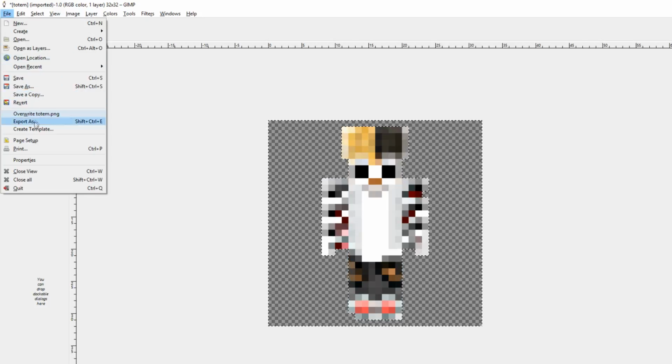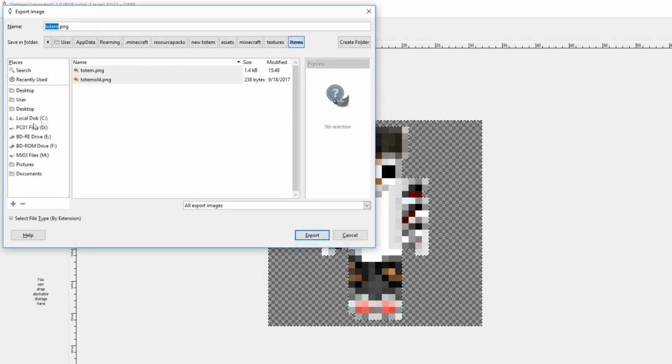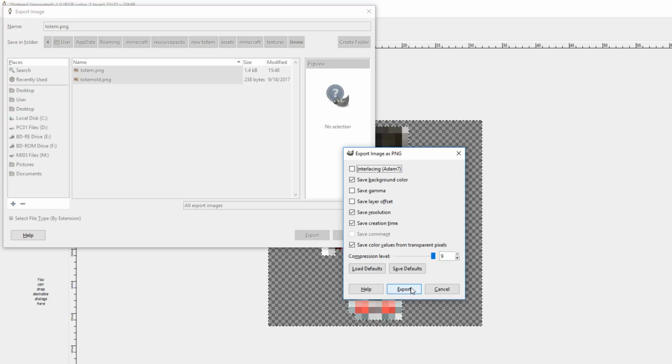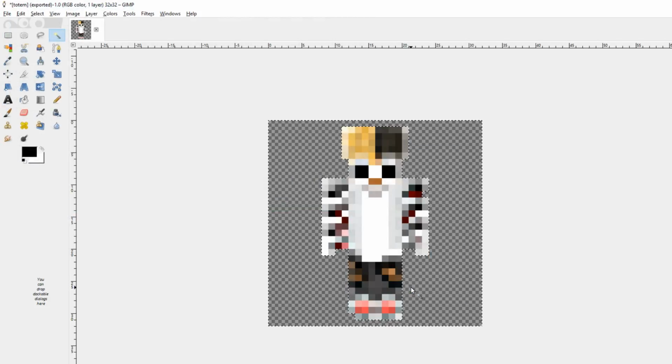You click on File, and you're going to do an Export As. Now you want to make sure that it says totem with the .png. Click Export. And if you already have your totem there, you can go ahead and click Replace, or if it's not there, it'll just go ahead and save. And you just click Export as your option. And now your custom totem has basically been created, but we still need to do a couple more things within the folder structure for you to use it within Minecraft.